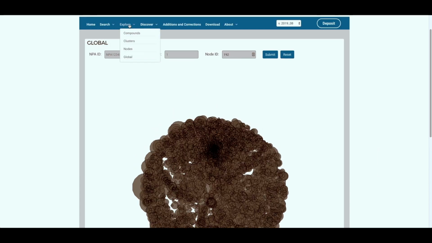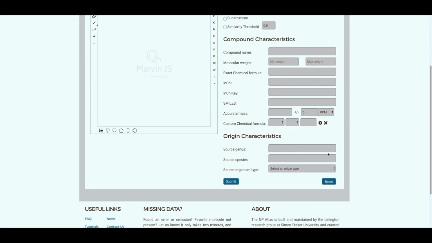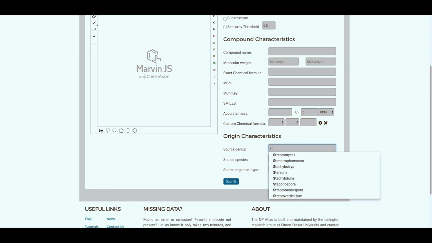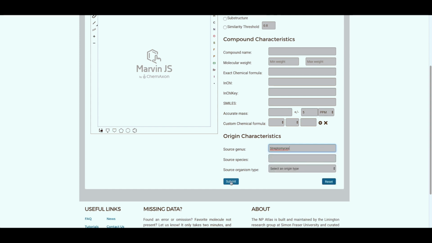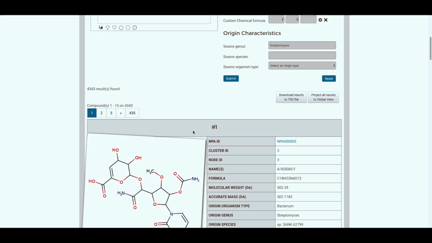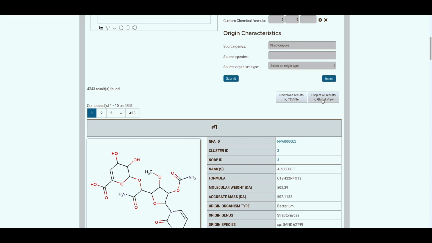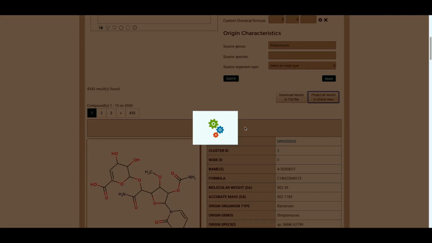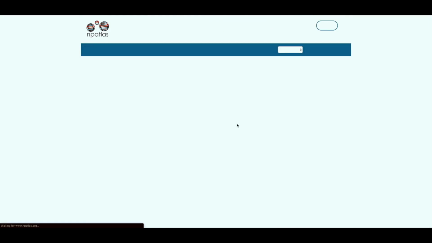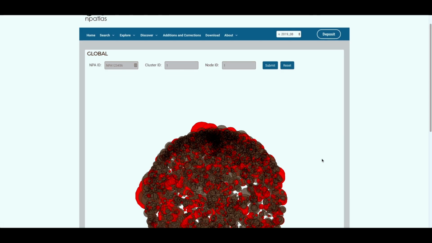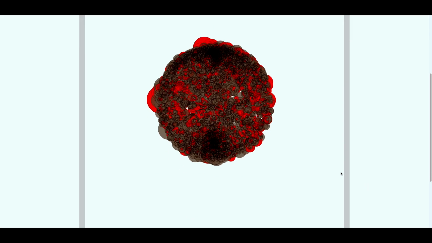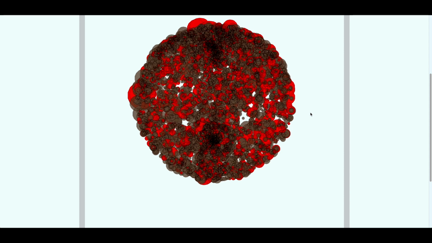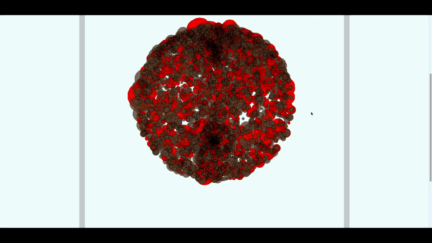One very neat feature of this view comes if you go through an Explore page. So using the basic search, we can look for all of the compounds that have been identified from Streptomyces. We can then go ahead and project all these results to the global view. And then all of the highlighted red spheres here represent nodes which have compounds which have been isolated originally from